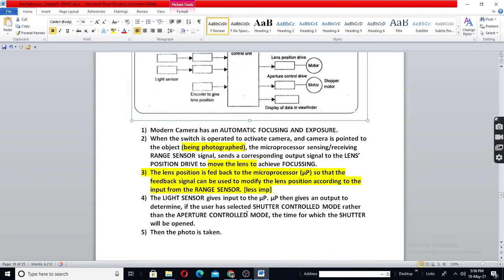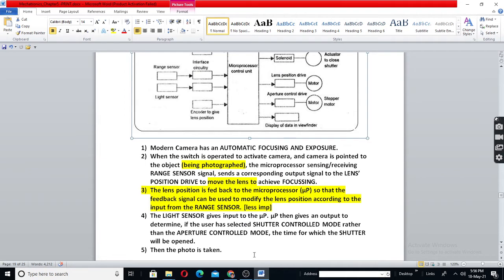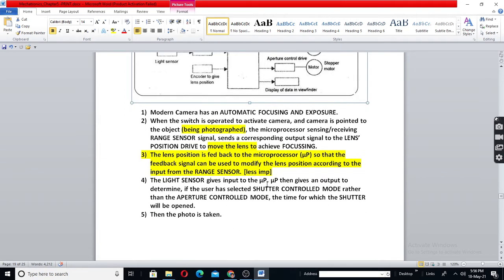Then you have two selections here: aperture control mode and shutter control mode. See, when an image of an object is taken, the amount of light which falls on the photographic plate, which is now the digital screen inside, has to be controlled.